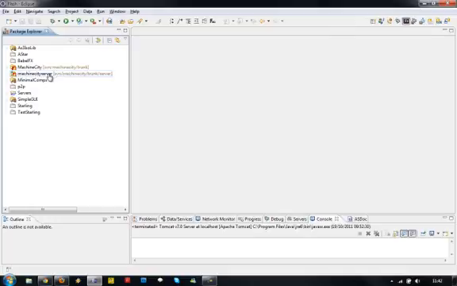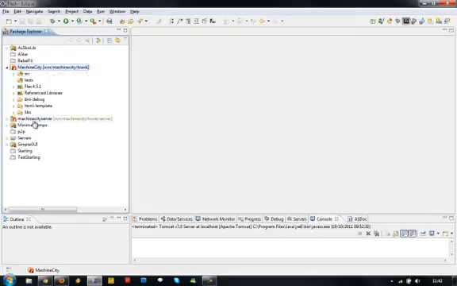Machine City Server is like a Java web project and Machine City is an ActionScript 3 project. I will talk later about Machine City Server, but now let's take a look at the client side. Machine City has this package, and